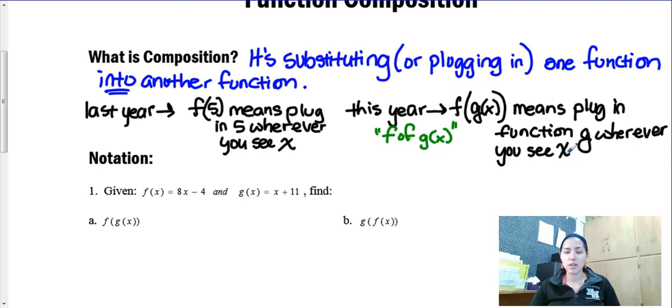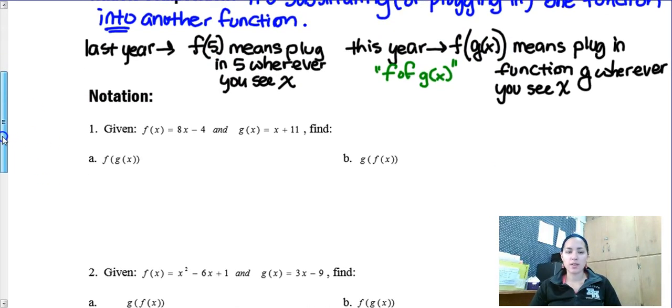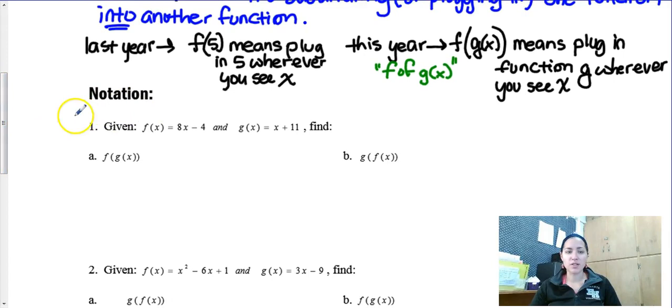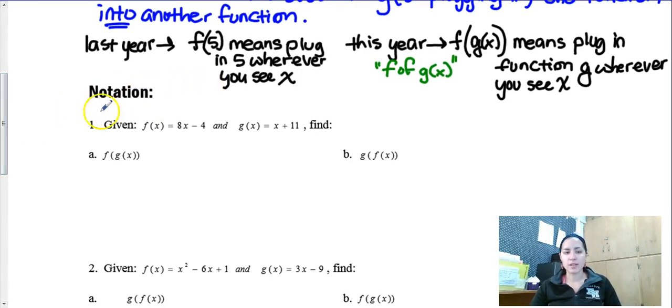notation means. So last year we got used to evaluating a number, like here 5. If I said f of 5, wherever I saw x I would plug in 5. This year we're plugging functions into other functions. Let's actually see what this looks like with number 1. Oh, I'm sorry, this is its own note. Apologies. The notation